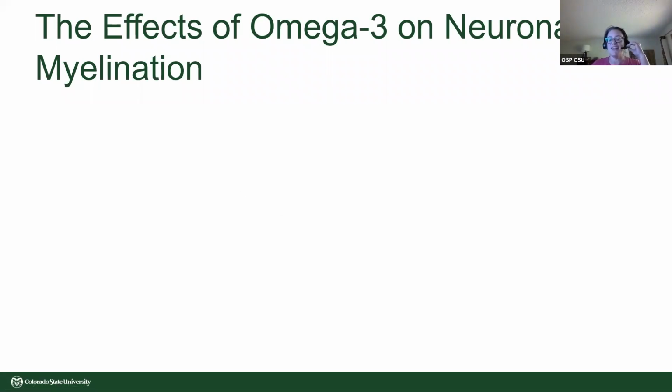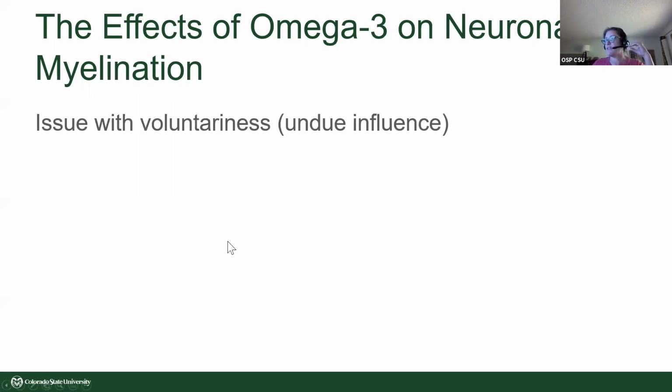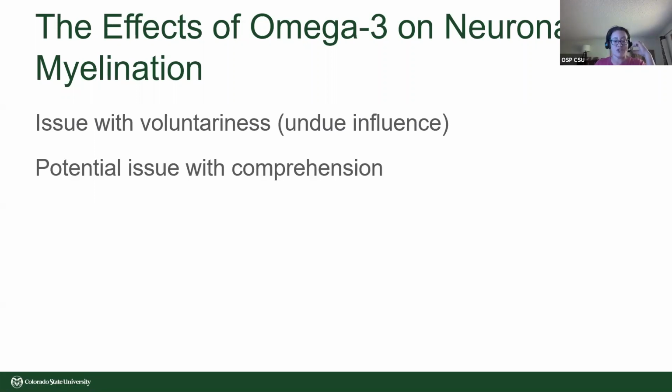So my proposed study didn't seem to hit all of the areas that were outlined in the Belmont report, right? You all were not given enough information. The incentive might have been seen as too large, and I really didn't even talk at all about any of the risk or the benefits. So probably not one that's going to pass any kind of institutional review board. So there was an issue of volunteering, right? Again, you weren't given information, and there might have been some undue influence there with my large incentive. Okay. There could be a potential issue with comprehension.